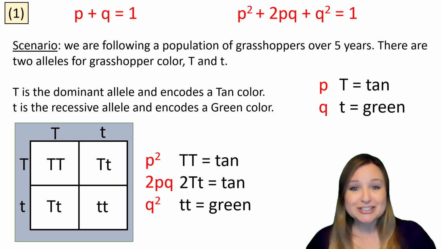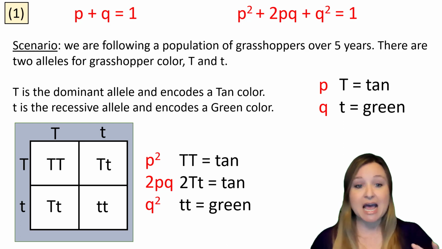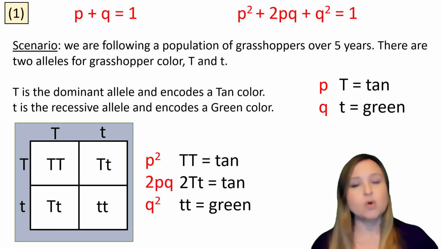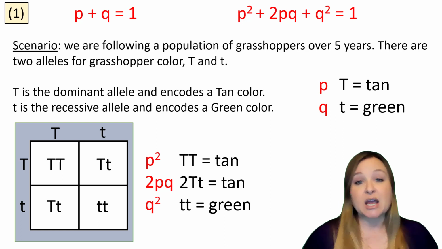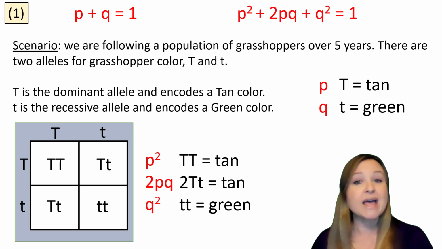Heterozygotes, which are big T, little t, are going to be 2pq, and 2 because we have 2 of them, right? And then little t, the green grasshoppers, those are going to be qq, or q squared. So when we look at that equation, we know that p squared plus 2pq plus q squared equals 1,